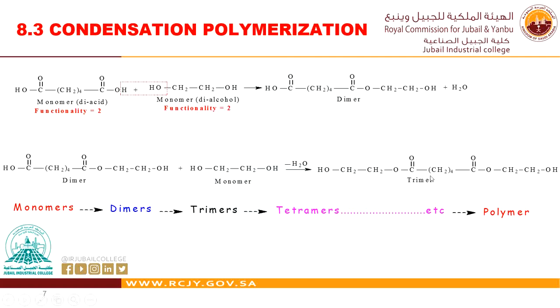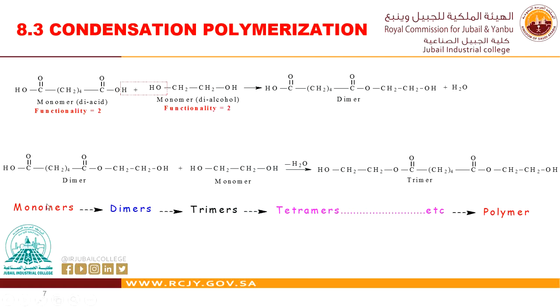So once water is eliminated, we will form what? A trimer. Now when you look at this trimer, that is 3 units, you have an OH group at this end, and at this end you have what? OH group. So there is going to be a reaction at this end, and there is going to be another reaction at the other end. Since the 2 ends of the monomer are active, if you add them together, you end up with 2 active terminal functional groups at the 2 ends,